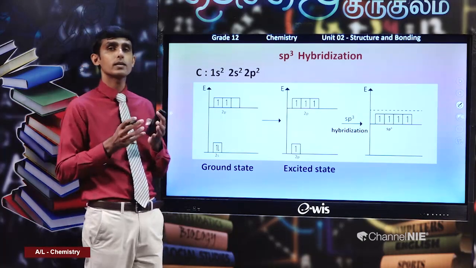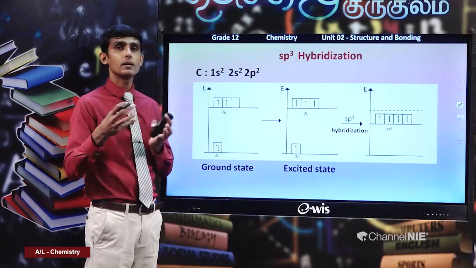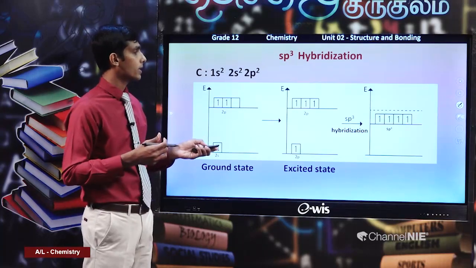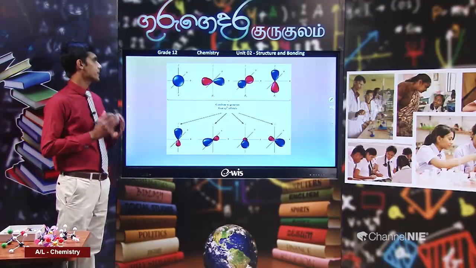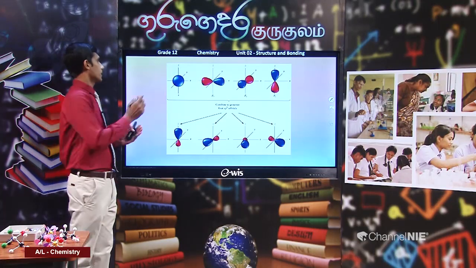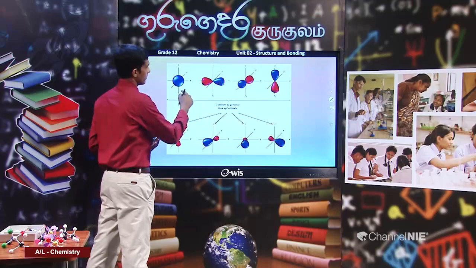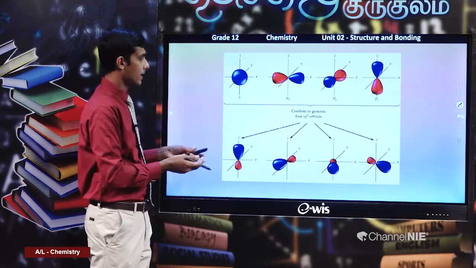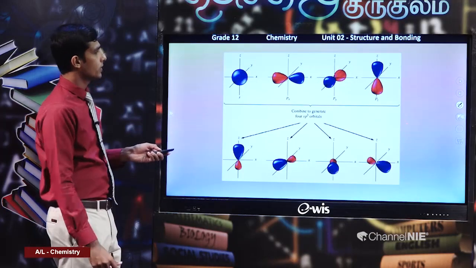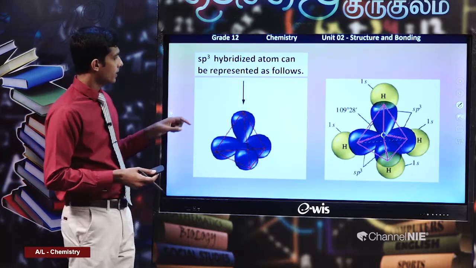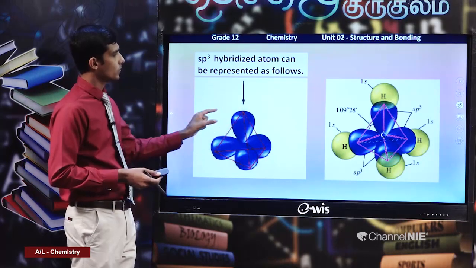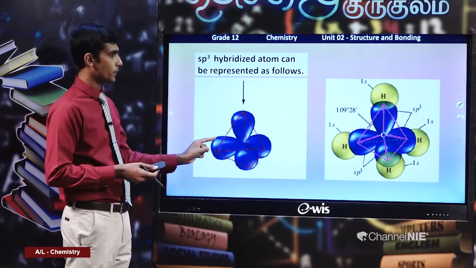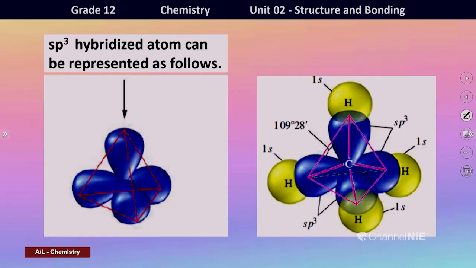That means they do not have a clear identity. Their shapes are in between s and p orbitals. We will see what the shapes are. When you consider sp3 hybridization, you can see in the atom 1 s orbital and 3 p orbitals. When they combine, you get 4 sp3 orbitals. Their shapes are somewhat intermediate, as well as their energy. So, sp3 orbitals will arrange in the atom like this. This arrangement is called tetrahedral arrangement, or tetrahedral geometry.